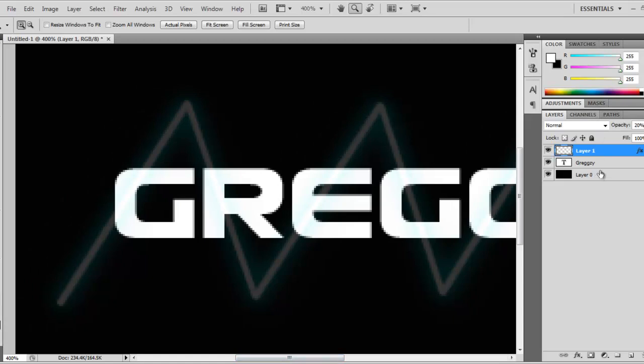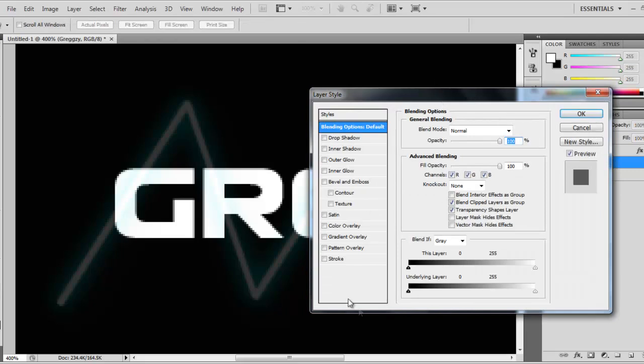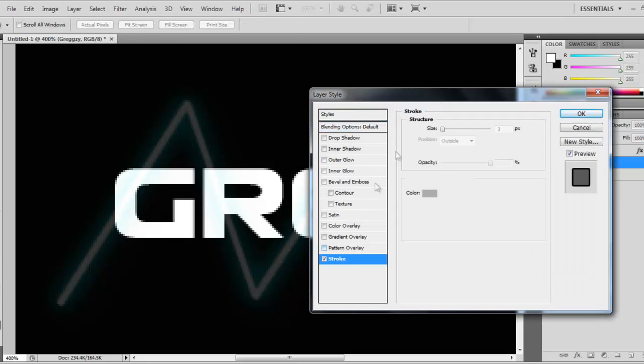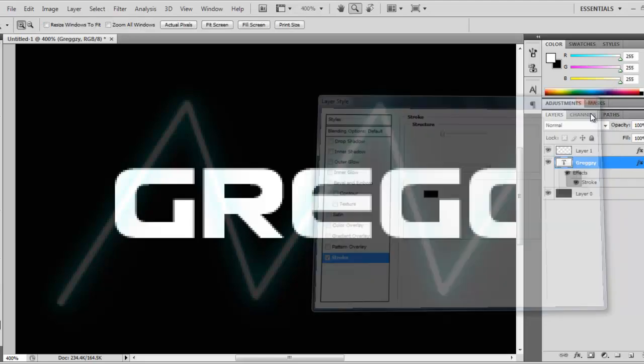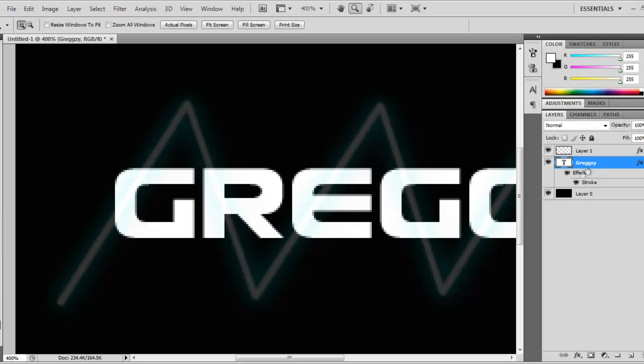Before you go any further, where you've got your name written or your text written, double click the layer and put a stroke on and choose the stroke to be black. Make sure your size is 1 pixel, which is there, and click OK. Now this is a bit confusing to some people, but it shouldn't really be. Your text layer, which you've put the stroke onto, you want to click and drag it up above here. You see when I go to a certain distance, it gives us a little black bar at the top saying that it's going to click in. You want to click it to there, and that puts it over the top of your